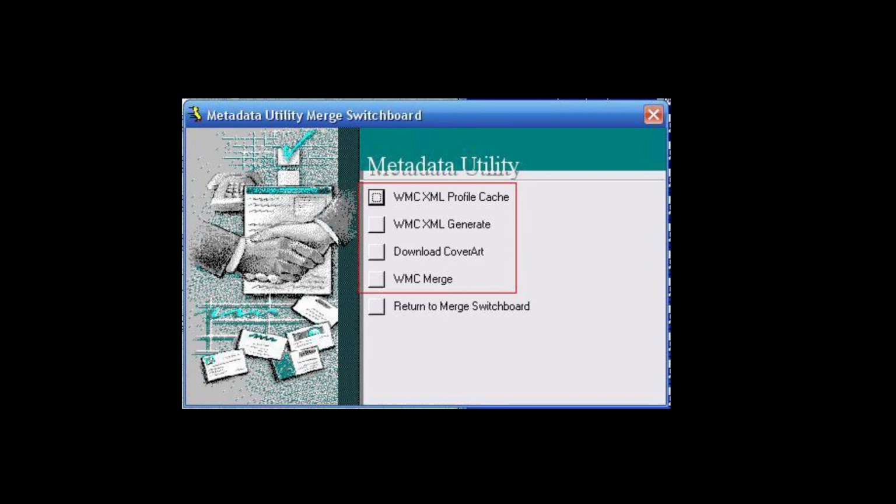Again, we have a detailed video in which we dive into each one of these functionalities as to how to process each one of them. Therefore, we welcome our users to click on those videos, as well as to visit our website, where we have detailed information step by step on these four main functionalities, or four main features that we have built in Metadata Utility,